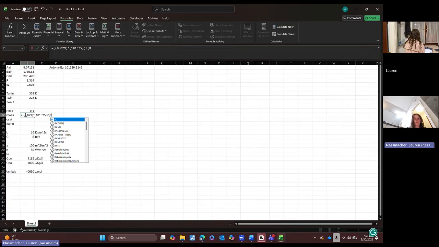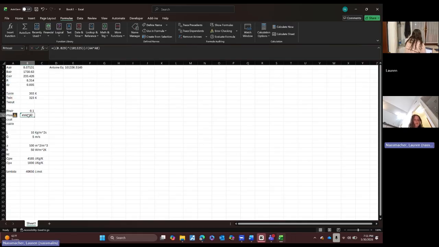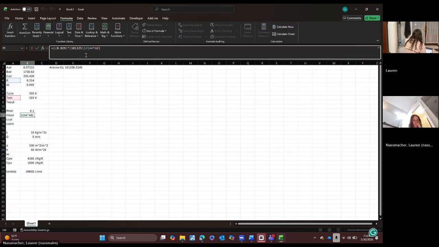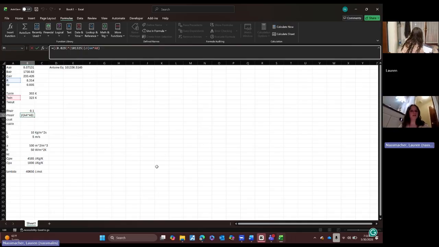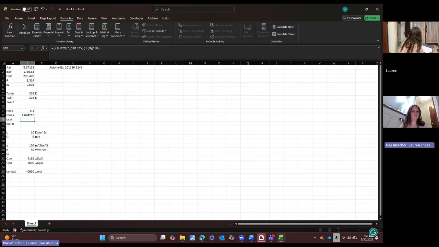R value, which I'll just put in there, multiplied by the temperature of our water going out. Oh, duh, because it's not that. It's B4 and B8. So this one's going to be, so we're also going to use